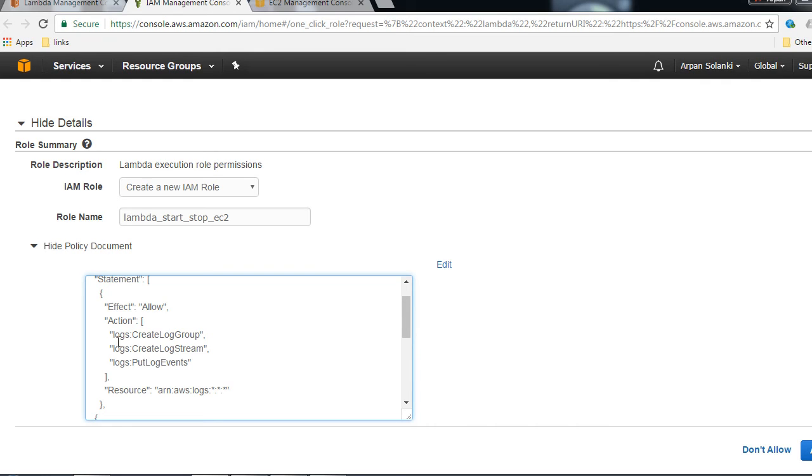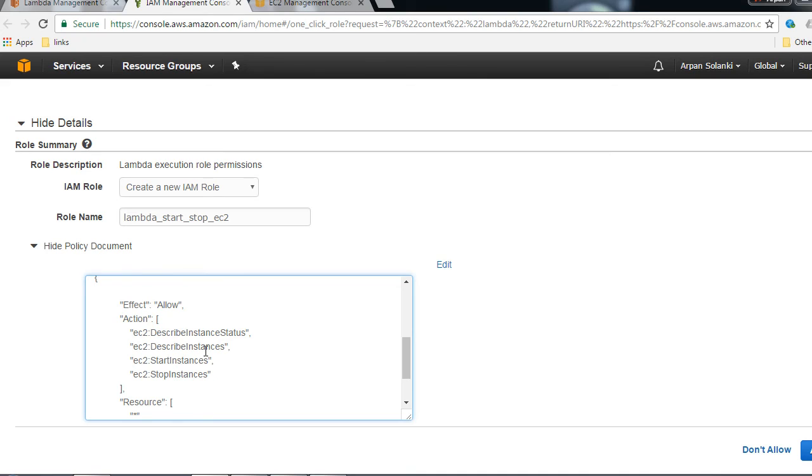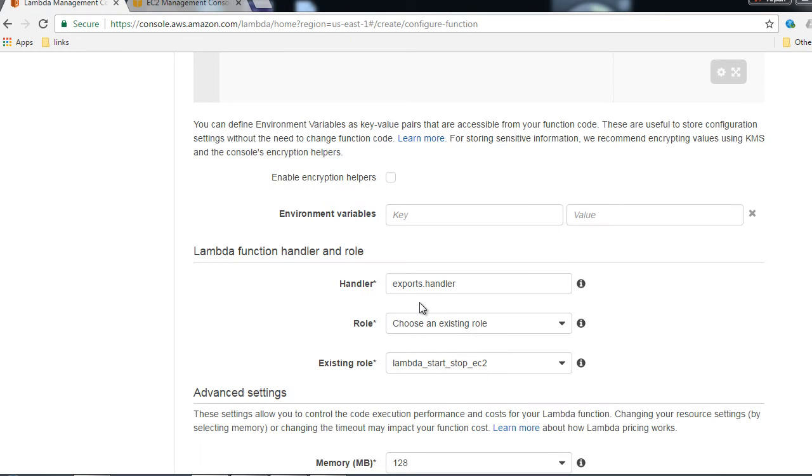Also, we have the ability to create the log groups and put the events in the logs so that we can view the logs in CloudWatch, and we are going to see what happens when the function executes. And then we have the 4 actions that our Lambda function can perform. And then I'm going to click on allow,